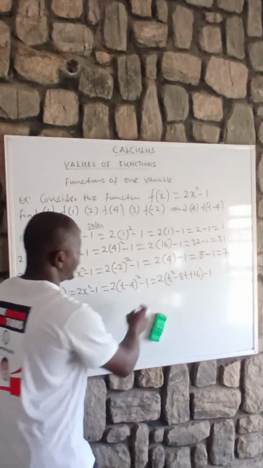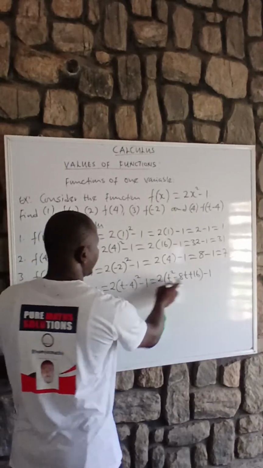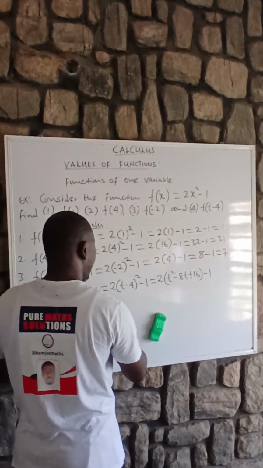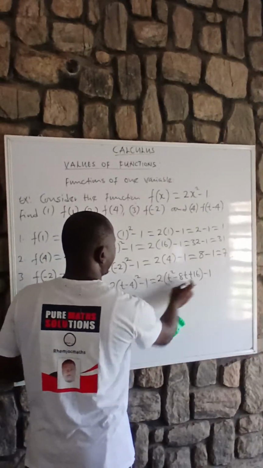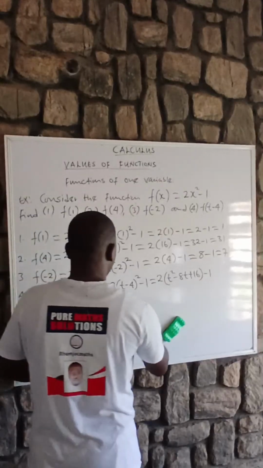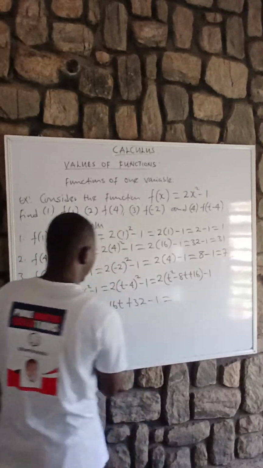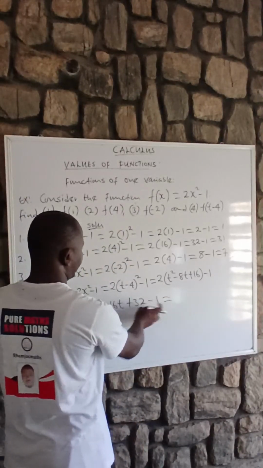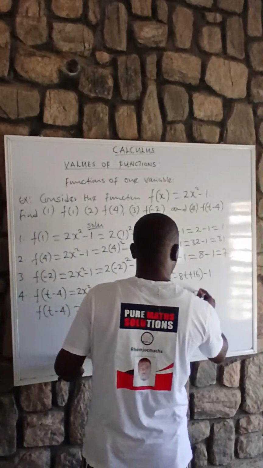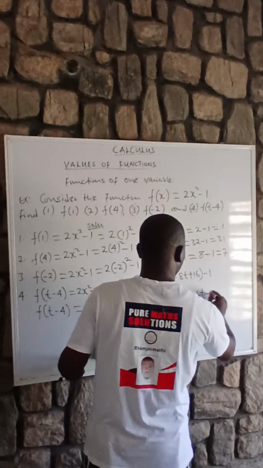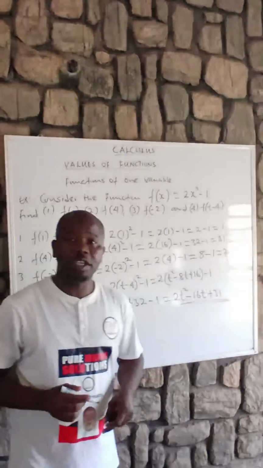So when we multiply out, 2 times t squared is 2t squared, 2 times minus 8t is minus 16t, then 2 times 16 is plus 32, minus 1. Our final answer will now be this minus this. We are going to have 2t squared minus 16t plus 31. So this is how you are supposed to